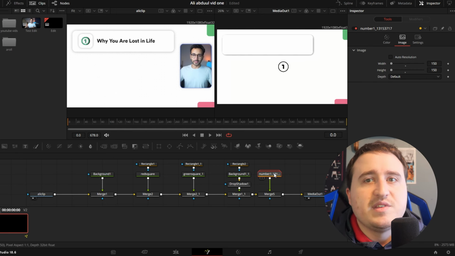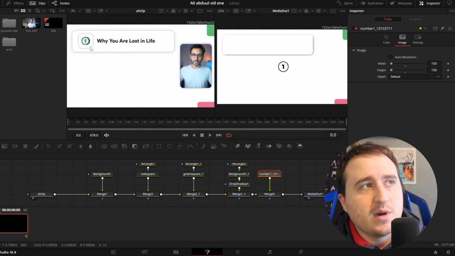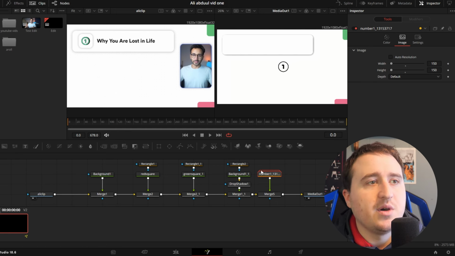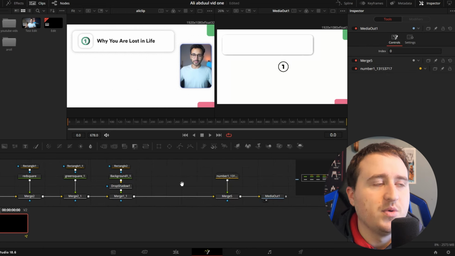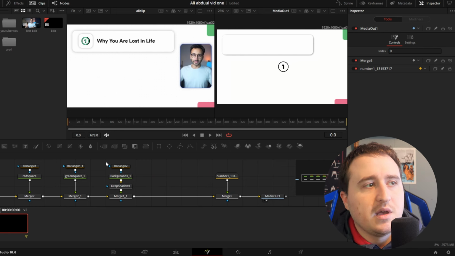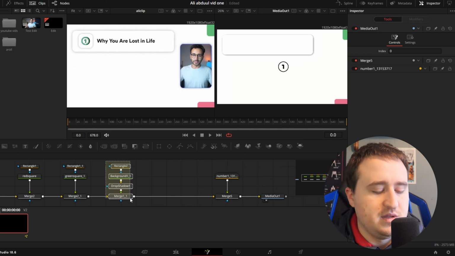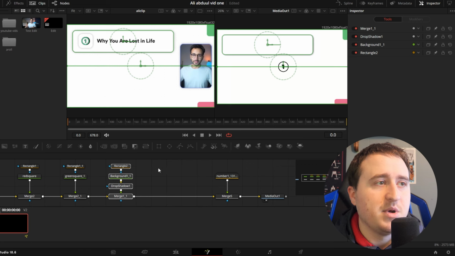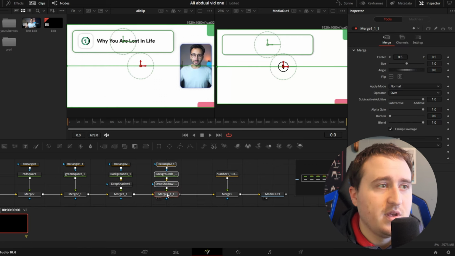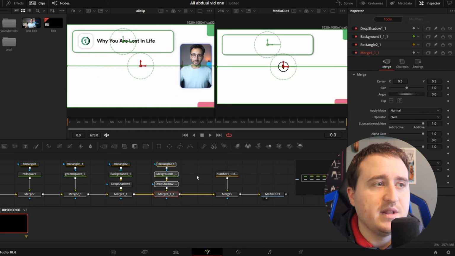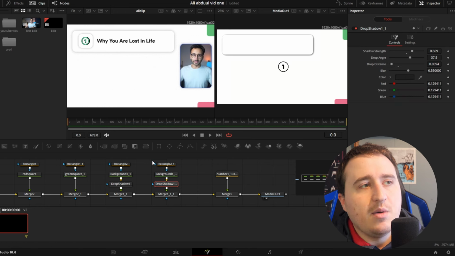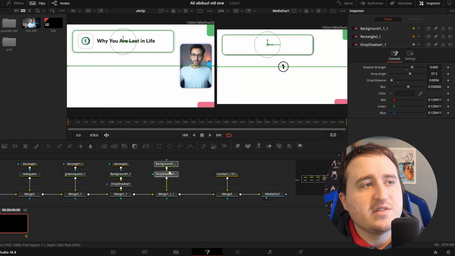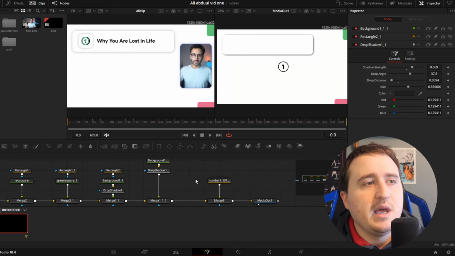So now that we got this SVG file, I'm going to actually create this little teeny box. So how I'm going to create that box is I'm just going to drag some of this stuff over a little bit so we got a little bit more room to work with. And I'm going to just grab this whole section right here. I'm going to copy that. I'm going to paste it, hold Shift, drag it into the pipeline, let go, and then you can let go of Shift. And now I'm going to drag this up from the drop shadow,